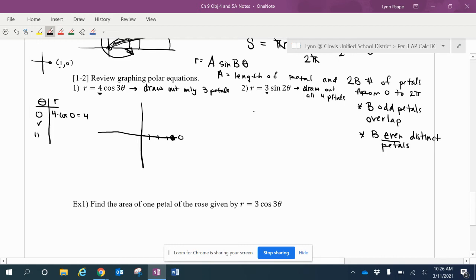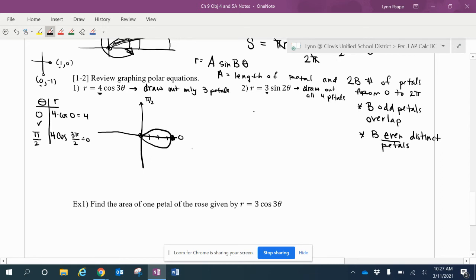And then I'm going to do another one. So let's do pi over 2. So then this would be 4 cosine of 3 pi over 2. And so 3 pi over 2 is down here. That ordered pair is (0, -1). So cosine of that would be 0. 4 times 0 would be 0. So I would rotate to pi over 2, and then from the pole go nowhere, so there it would be. So that gives me my first petal,